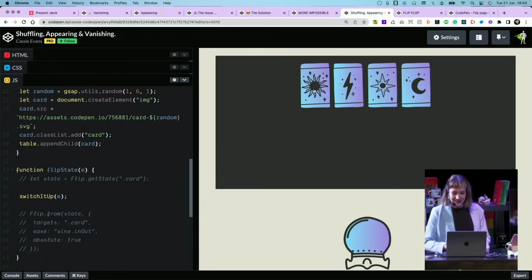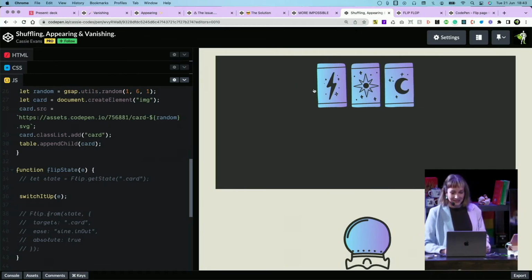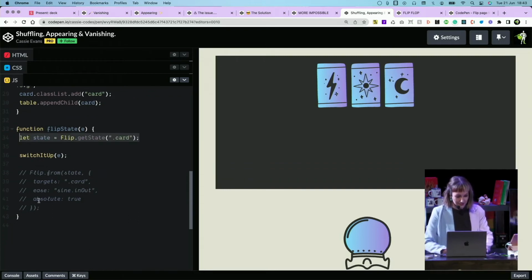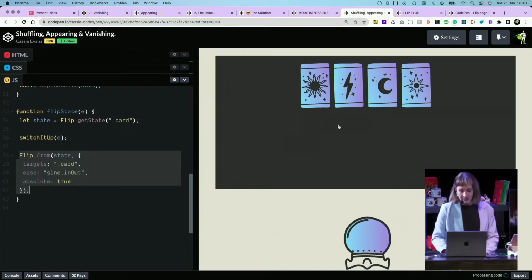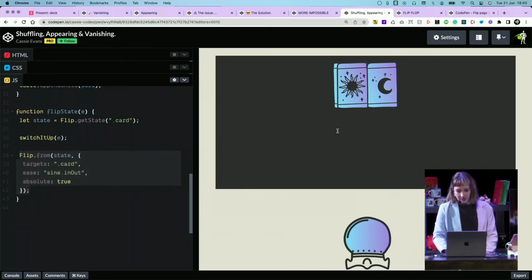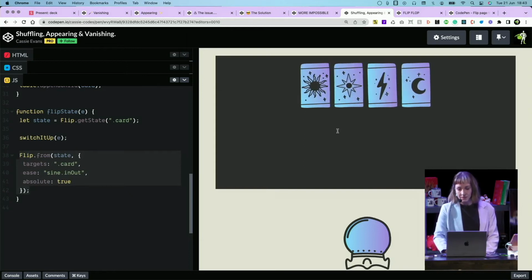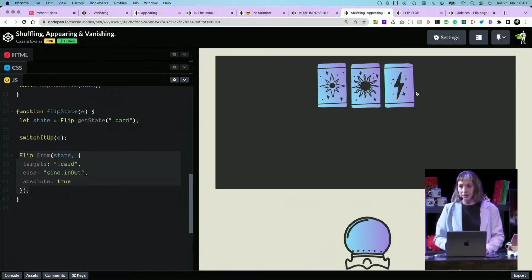And if we click on the card, it's going to get rid of it. So let's do a little flip. And you can see that it works for the cards that are on the table. That's great. But if you try and get rid of one, it just flashes out.